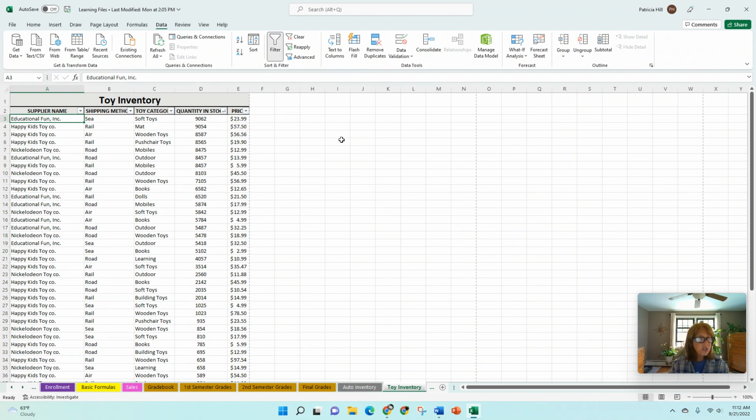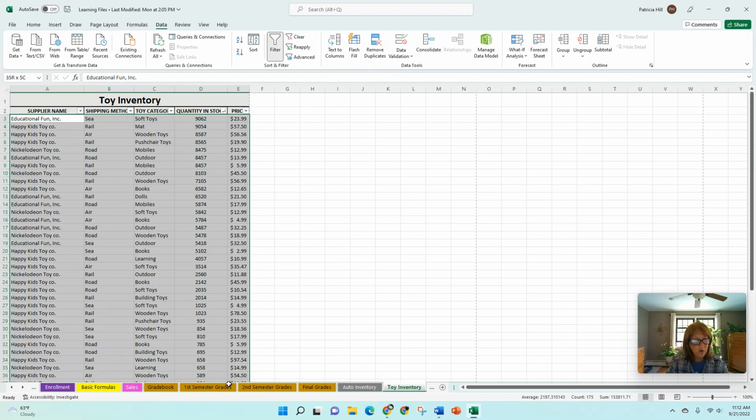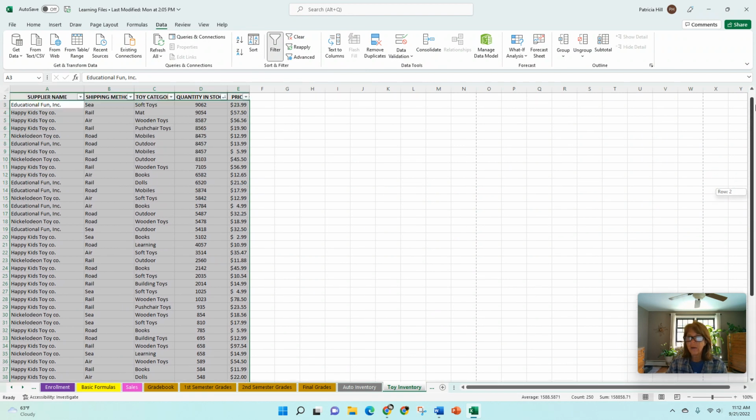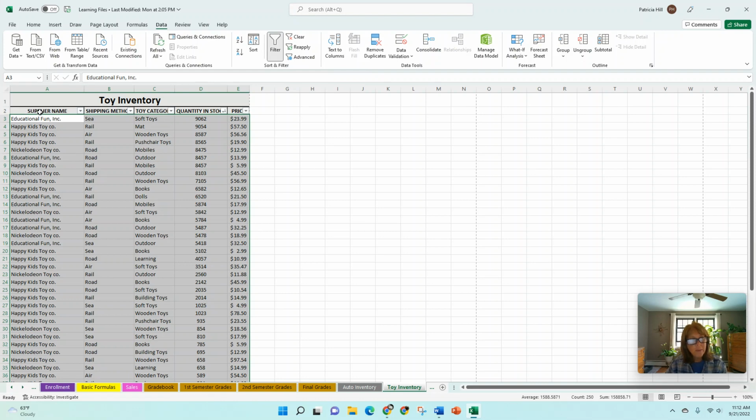Now, there are additional ways that you can sort. You can do something called a 2-level or a 3-level sort. This works by highlighting your data. And when you highlight data for a sort, you never include your column headings, row headings, or any totals. You only grab your data. Because if I grabbed my column headings along with this data, it would work those into the sort, and that would be a mess. So select your data,